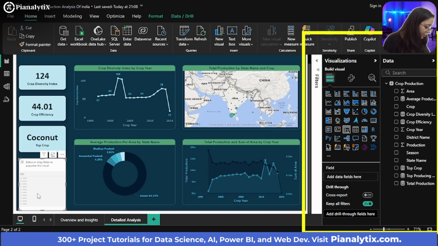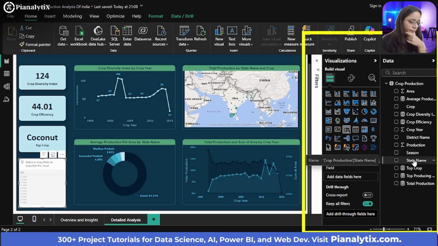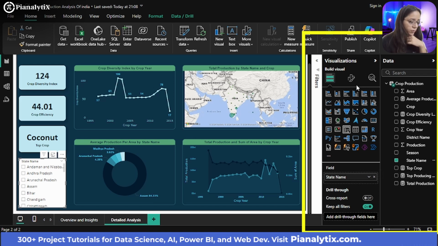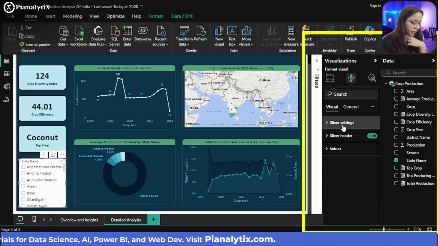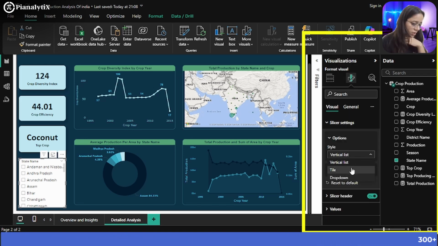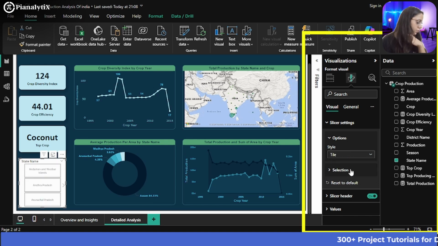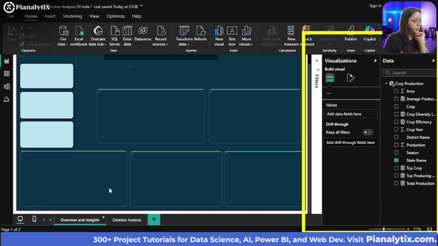I'll add a slicer here, and what I can do is choose a state name, and go to the slicer settings section, and choose a tile part of it, and go to the overview and insight section.